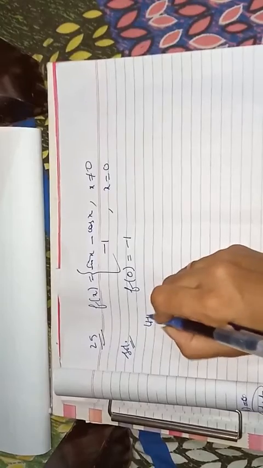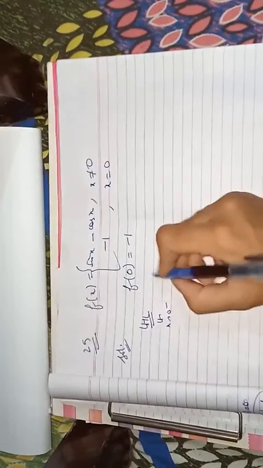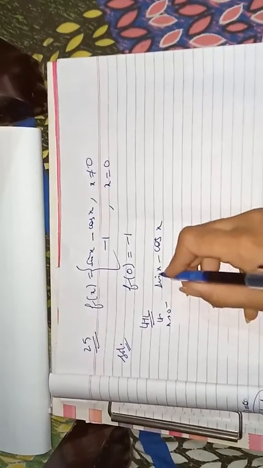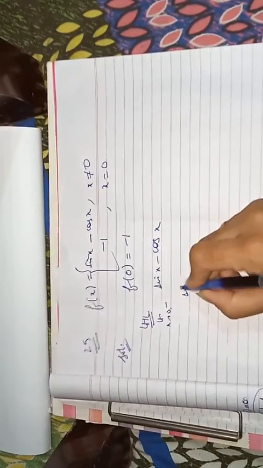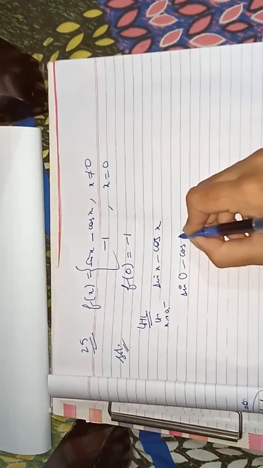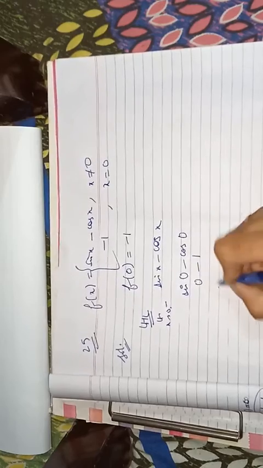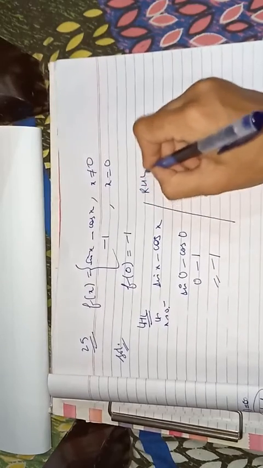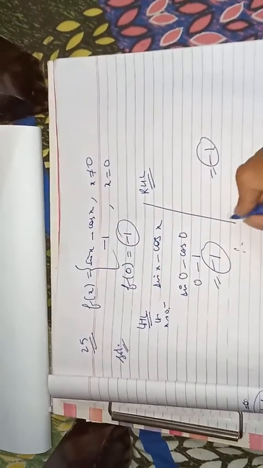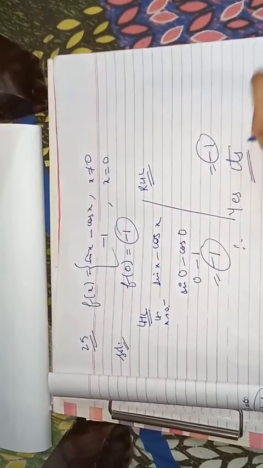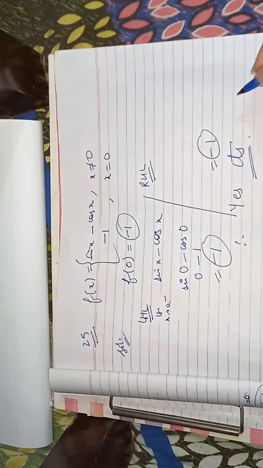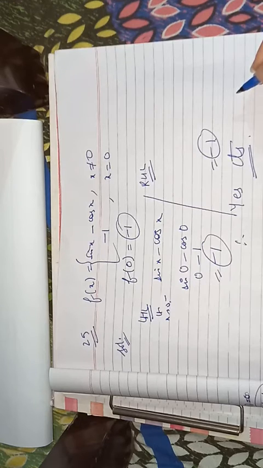Now left hand limit x tending to 0 of sin x minus cos x. You can directly put the value of x, or otherwise you can also put x equal to 0 minus h and use the method. It's your choice. It is minus 1, and the right hand limit will also come out to be minus 1. All the three values are equal to minus 1, so yes, it is continuous. I think you can try all the questions now.